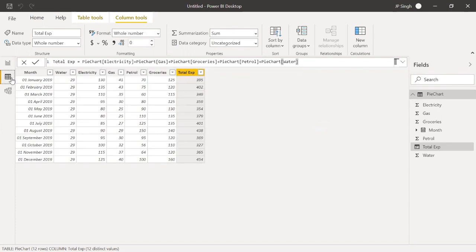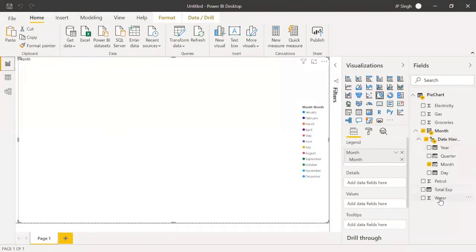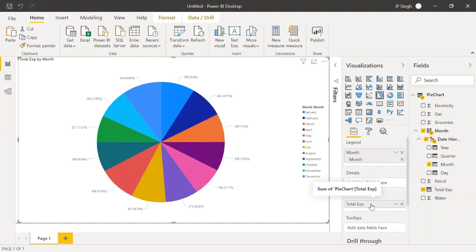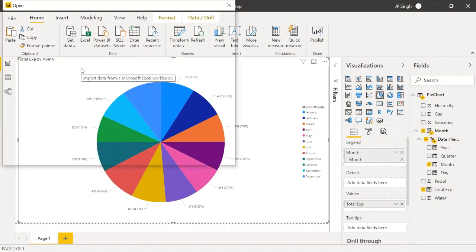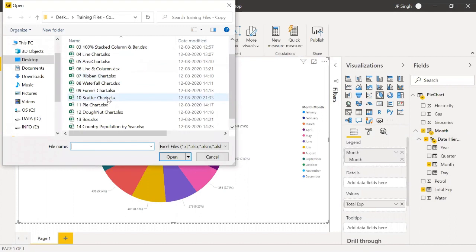Now when you move to the pie, instead of putting all the things, I'll just put the total expense into the value. So I'll get this much month-wise total expense. Again, when we are working with the pie, I can get one more data. Now I'll just take the data from